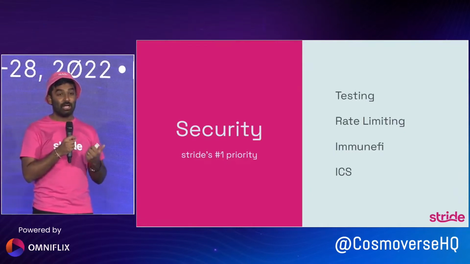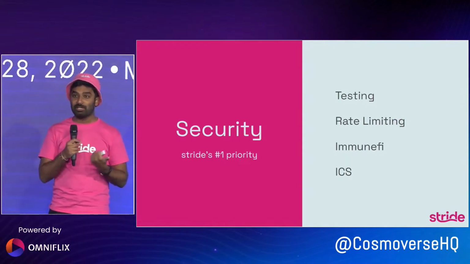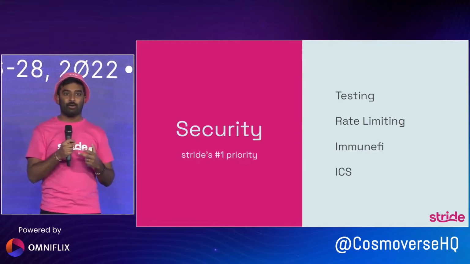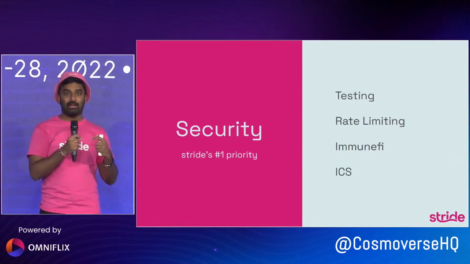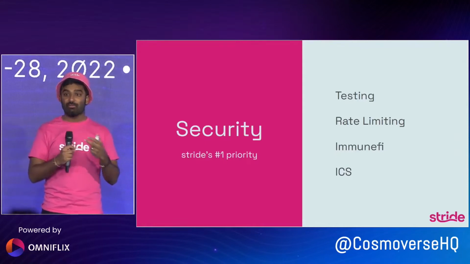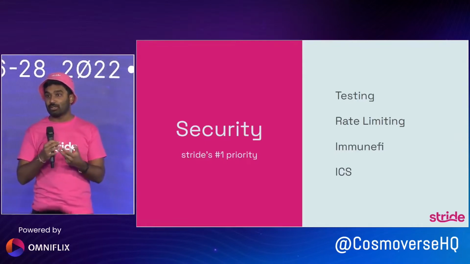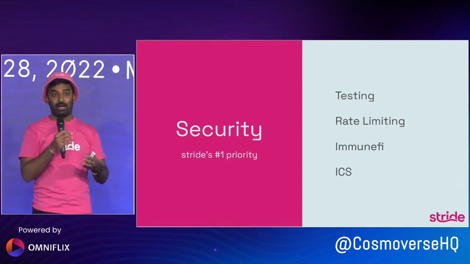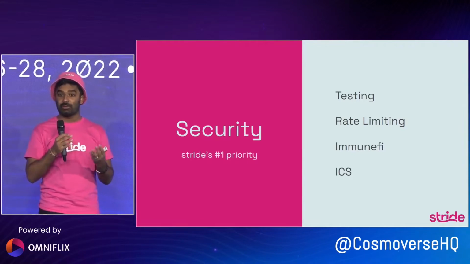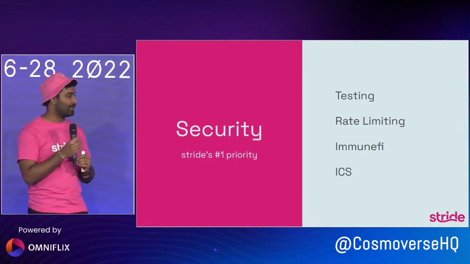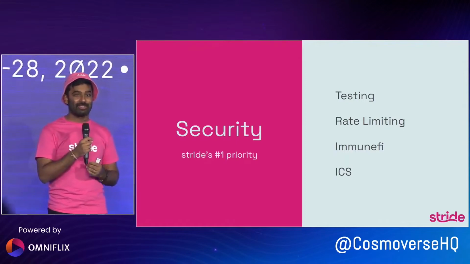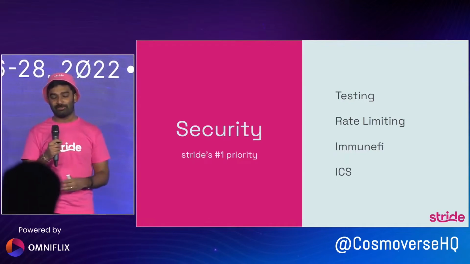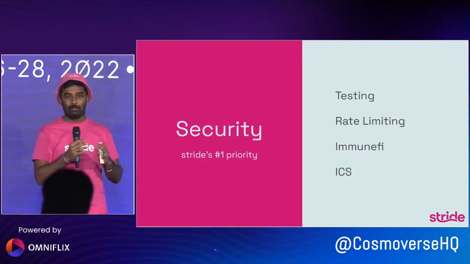First is testing. We've done a lot of really rigorous, robust testing of our code base. We're excited to tell you about it. Second is rate limiting. We've worked on this novel set of features on Stride where we check these core variables and make sure they don't move too much, to try to reduce the potential attack surface that Stride offers. Third, I'm really excited to unveil today that we're partnering with Immunefi to launch one of the biggest bug bounties in all of Cosmos for the Stride blockchain. Super excited about this. Last, and I know you're all excited about this, is that Stride is going to use ICS in order to secure its chain to further secure the Cosmos. Let's talk about all of these a little bit more in depth.